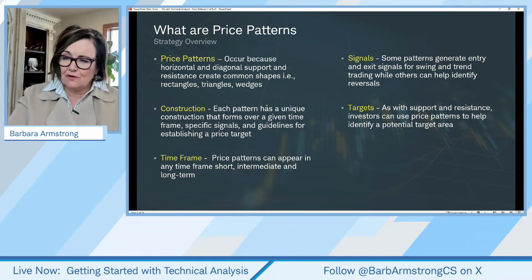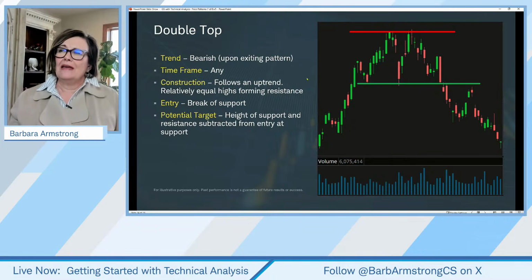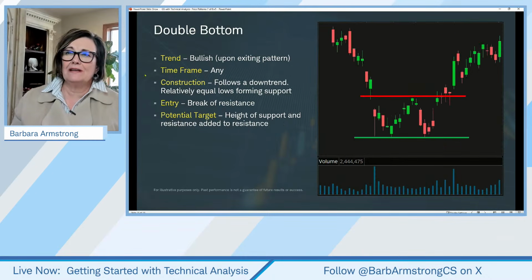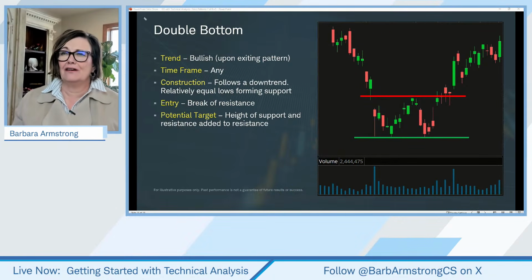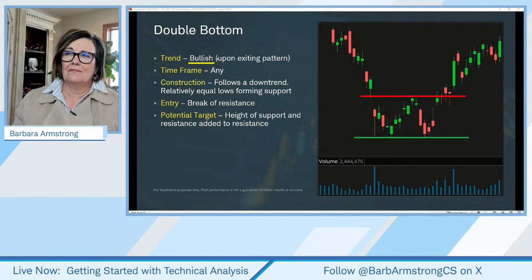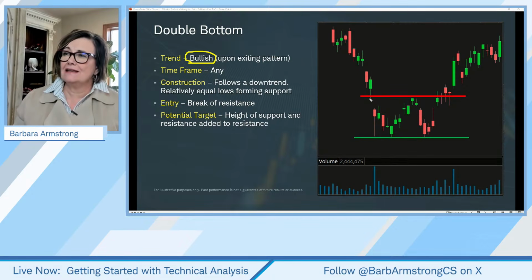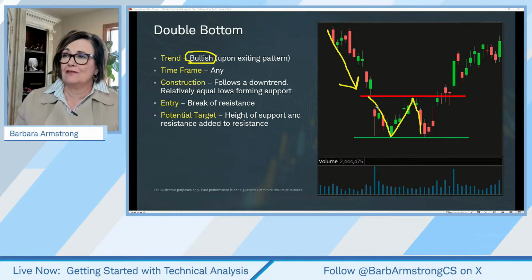So the patterns we're going to look at today, and we're going to spend less time on this one, because this is a bearish pattern, and the market has really not been terribly bearish. I mean, we had an angsty day on Monday, but the overall trend of the market has been uptrending. And so now this is a more bullish pattern, a double bottom, where something has been downtrending. So it's been on the struggle bus.